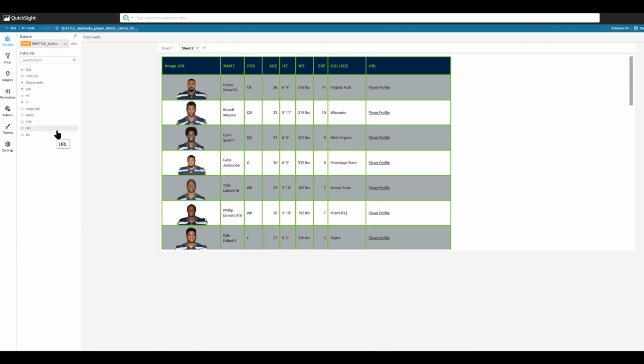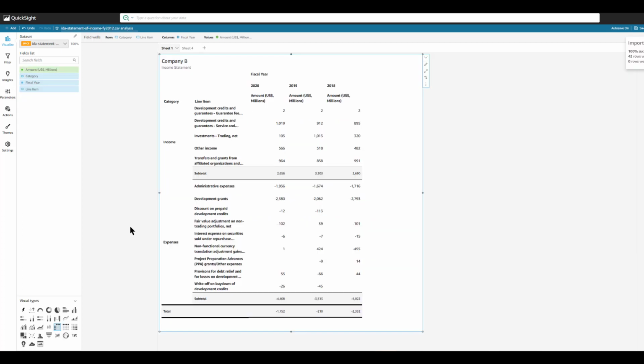So what we learned until now is how to style your tables using colors and borders, and how to configure URLs in your dataset as hyperlinks and images. Now, let us see another use case where you need to apply custom styling for your totals and subtotals on pivot table. Table styling features have been released both for table and pivot table, where you can apply custom styling for headers, cells, totals, and subtotals.